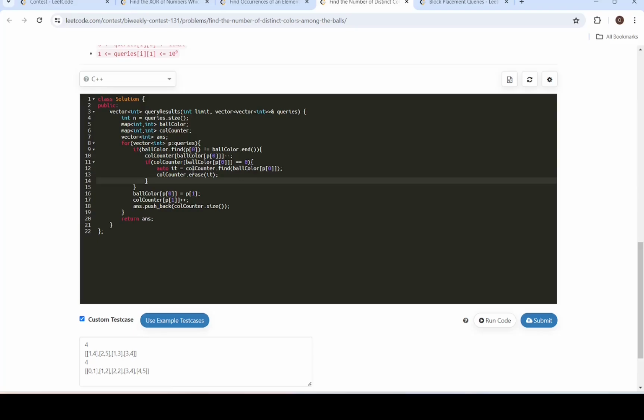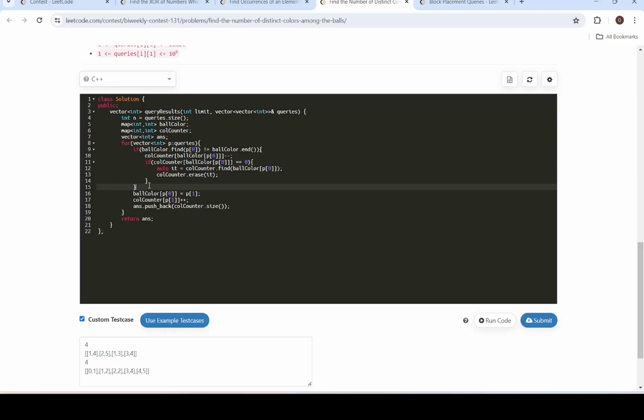So that is logarithmic. This if condition is a logarithmic function, and if that is so, you reduce the counter, and within that we have another logarithmic call to find the particular location and to erase it. And all that we need to do is update the map number 1 and also the current counter